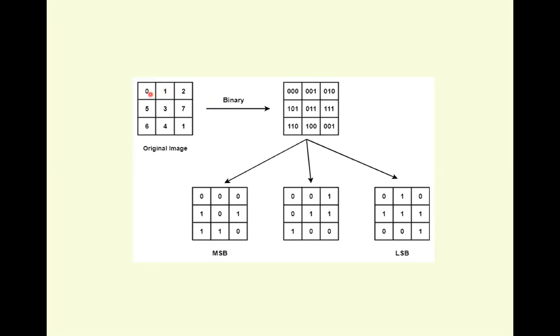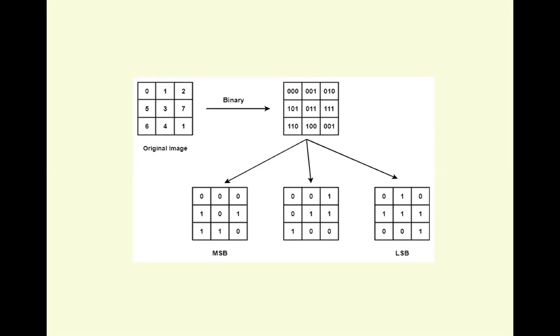Using binary coding, 0 will be represented by 000, 1 by 001, 2 by 010, and so on up to 111. Therefore we can find each requires 3 bits. Instead of passing a single frame, we can divide this 3-bit image into 3 different planes. Obviously, this is according to digital electronics. We have already studied in earlier semesters that among these bits, this is the MSB and this is the LSB.